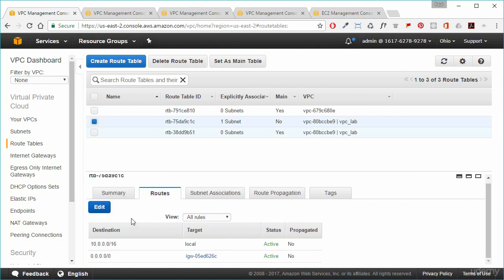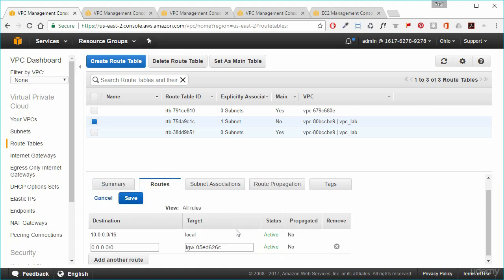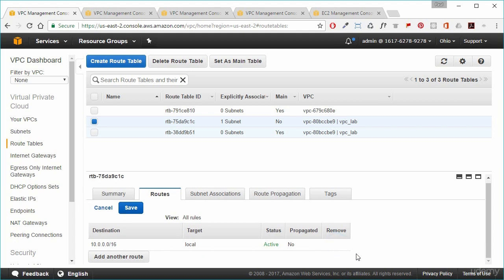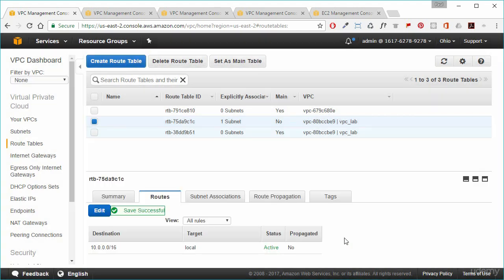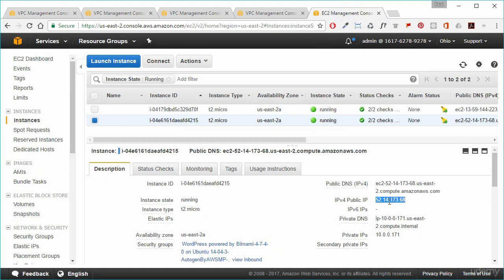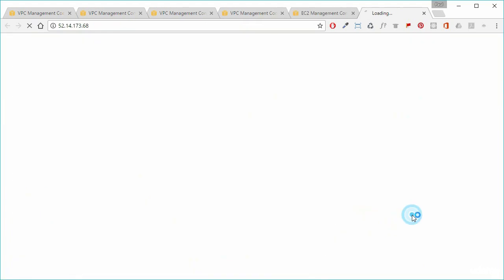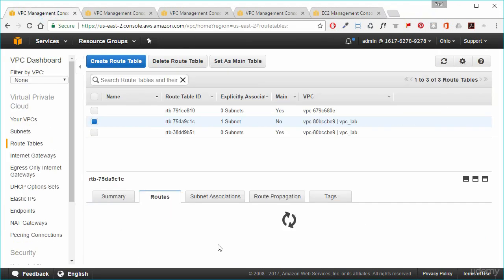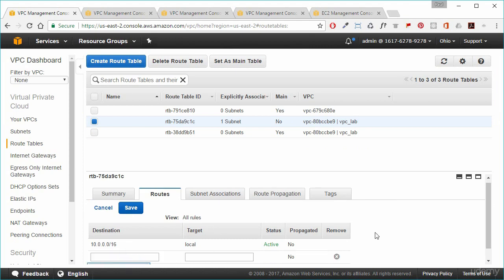Okay, so I'm just going to edit this, and I'm going to remove the route to the internet gateway. So if I take that out and I save that. Now if I try and connect in again, so if I go back to the EC2 management console, go back to that public IP address space, it won't allow that to happen. So all of a sudden our EC2 instance cannot connect to the internet. So we just stop that, and we'll go back to our VPC management console, and we're going to put that back in again. So we'll add another route,